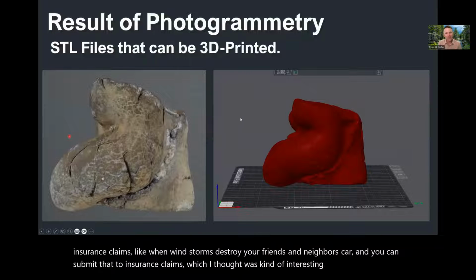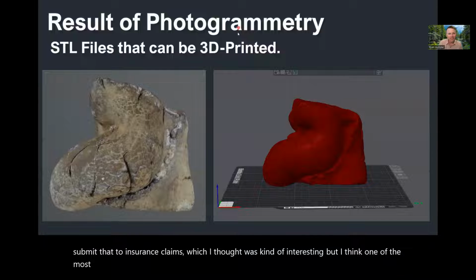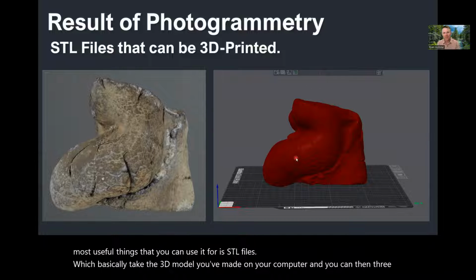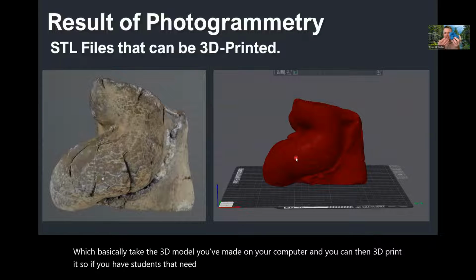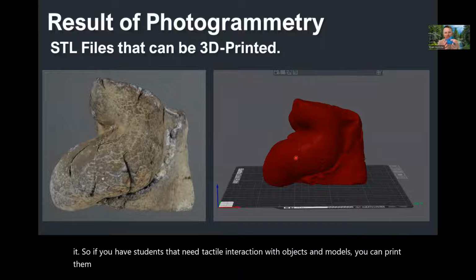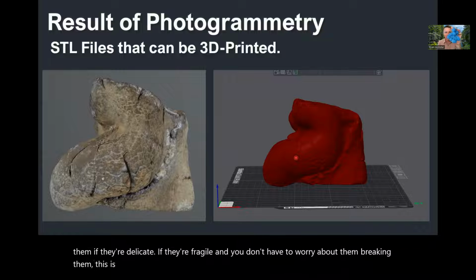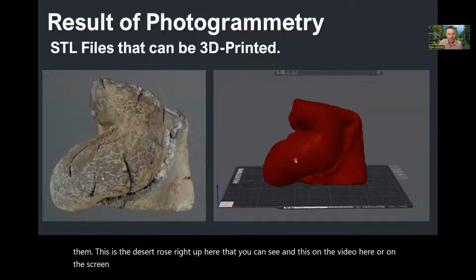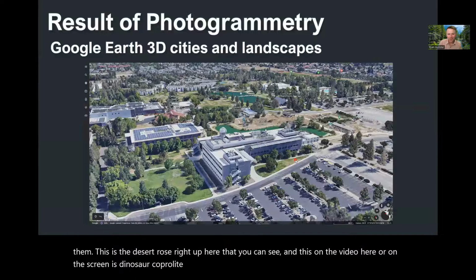But I think one of the most useful things that you can use it for is STL files, which basically take the 3D model you made on your computer, and you can then 3D print it. So if you have students that need tactile interaction with objects and models, you can print them if they're delicate, if they're fragile, and you don't have to worry about them breaking them. This is the desert rose right up here that you can see. And this on the video here, or on the screen, is dinosaur coprolite that we don't really want too many